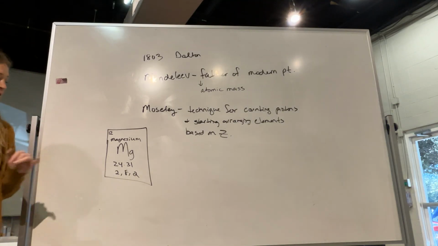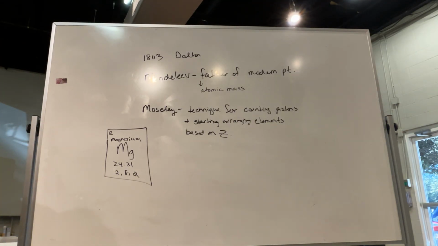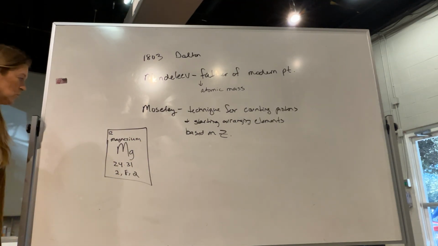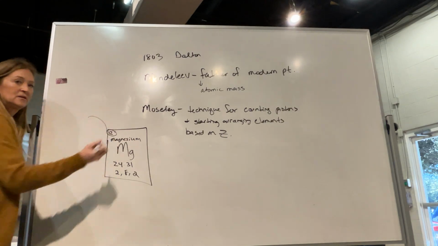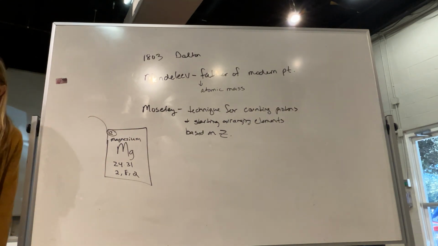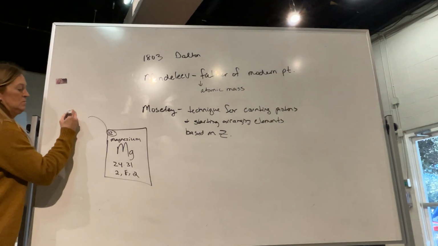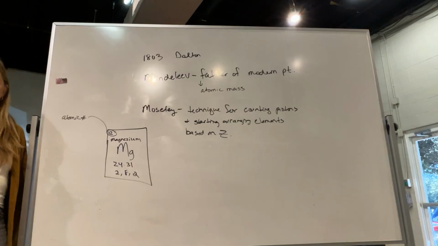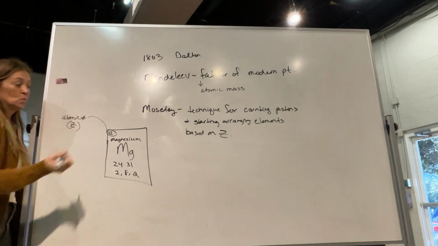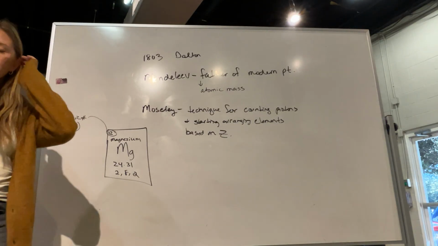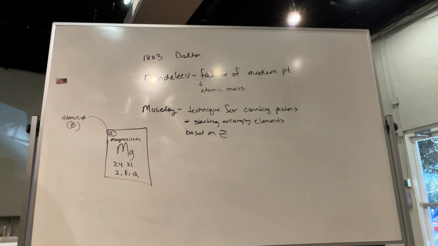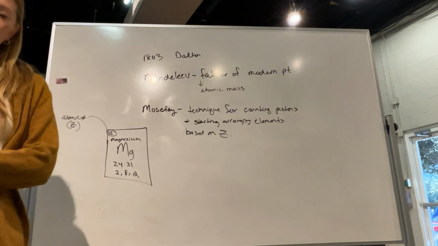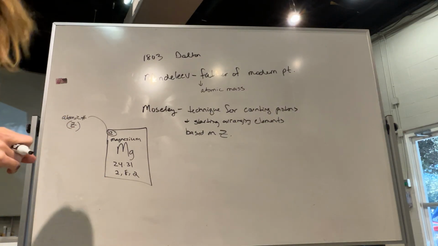Okay, so magnesium will look like this. We've been studying the periodic table already really well, so you guys probably know what most of this is. What is that? The atomic number. Yeah. And what's the abbreviation for that again? Z. And what does that mean? What is the atomic number? It's the number of protons, which by default then is the number of electrons. So the atomic number.